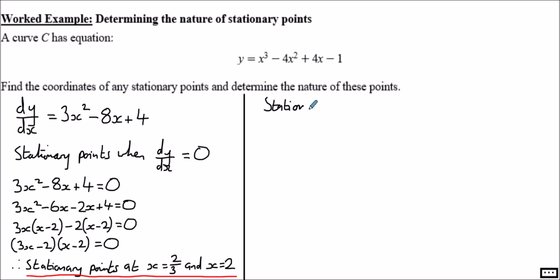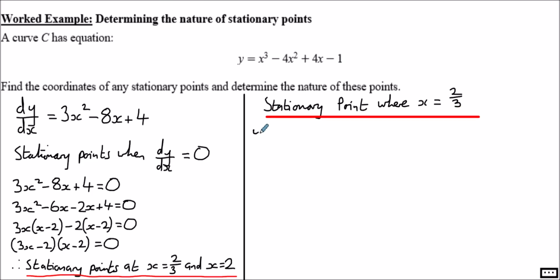So the stationary point where x is 2/3. By the way, of course, it did say to find the coordinates, and so to make sure we don't forget to find the y value, let's just find the coordinates here first. So when x is 2/3, we'd have that y is 2/3